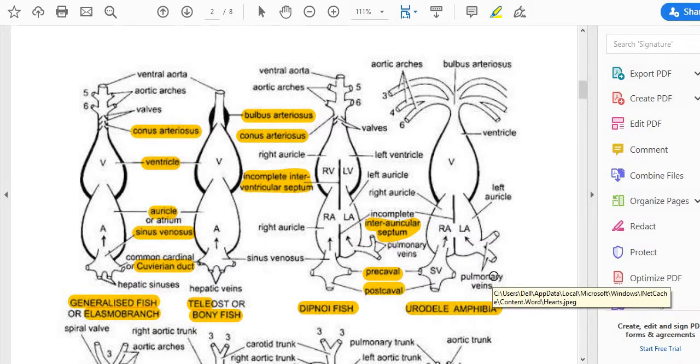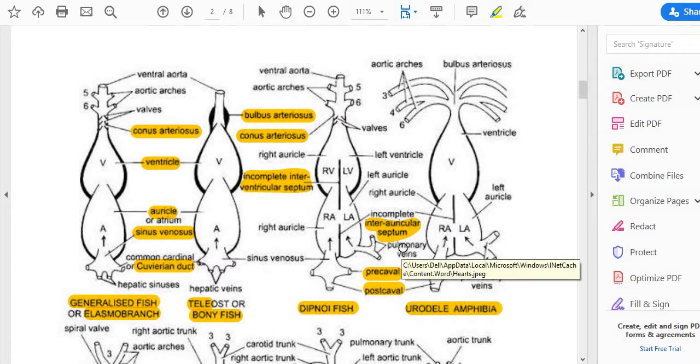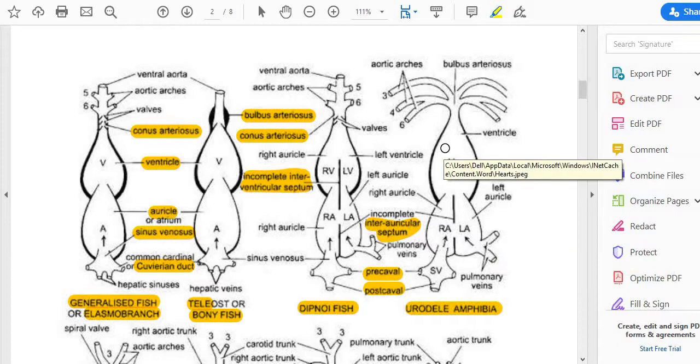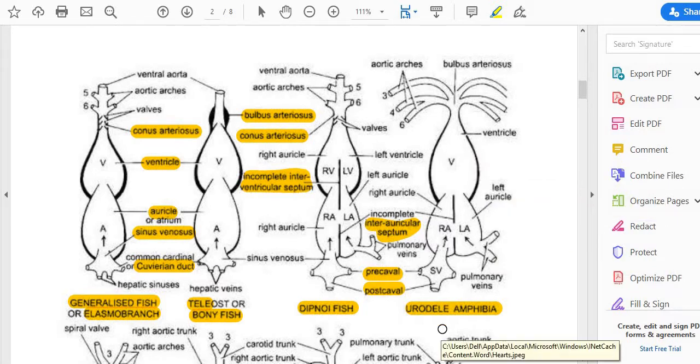Now in case of amphibia, the structure remains the same as that of the lungfishes, but here the septum, that is compartmentalization of auricles, is seen but not of the ventricles. In case of urodele, that is amphibian which has a tail. So in case of urodele amphibian,